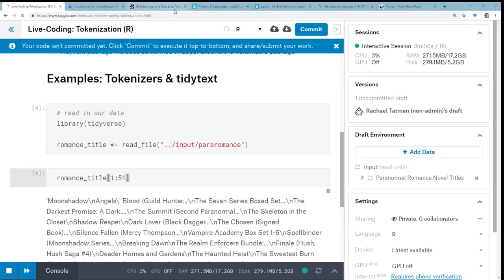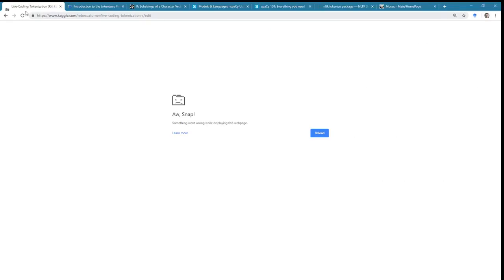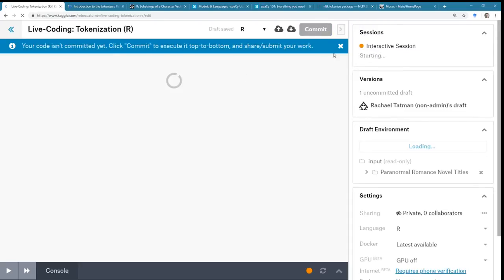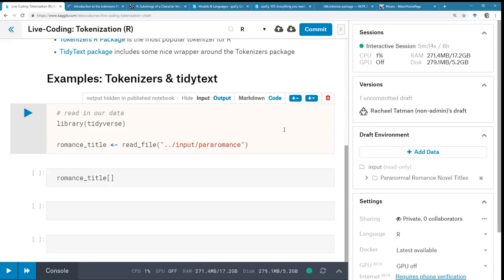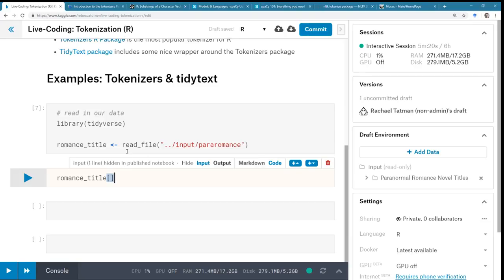Oh. Page is unresponsive. I think I might have printed out this entire data set 51 times. So let's just do a quick little reload. I did learn how to name variables from my mama because I was very bad at spelling as a kid, and I failed a lot of spelling tests. And she'd worked as a computer programmer for years, mainly on Fortran. And she was like, you know what? It doesn't matter how you spell things, as long as you're consistent. And that's advice that I took to heart.